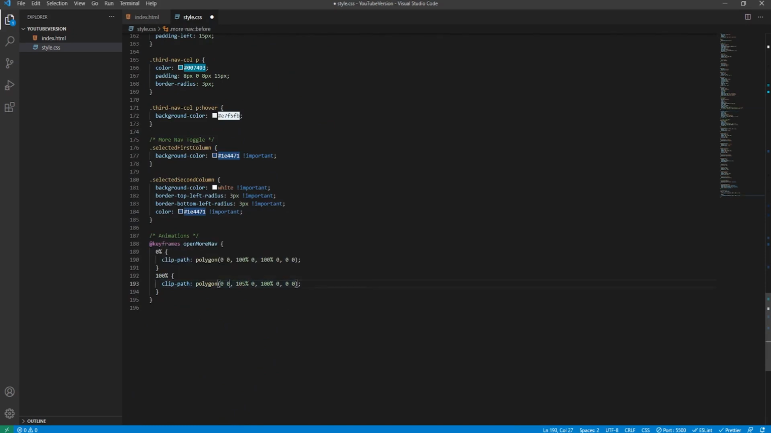So we'll say 0, 0 for the top left corner, obviously. 100% 0 for the top right corner, 105% 0 for the bottom right corner, and then for the bottom left corner we'll say 0, 105, so that should display everything now. And then we'll create the animation that closes the mega menu, so we'll say keyframes close more nav